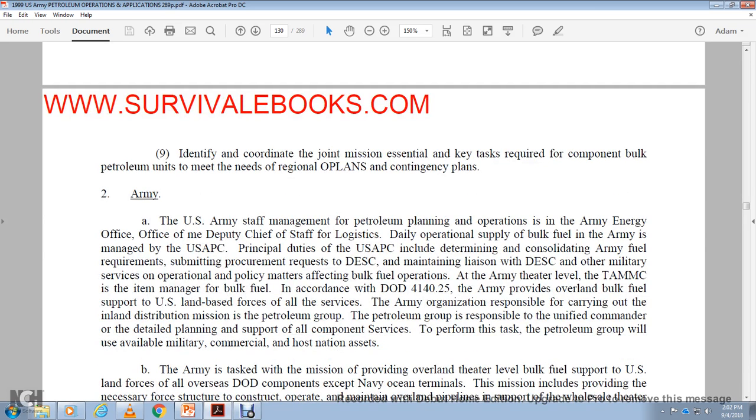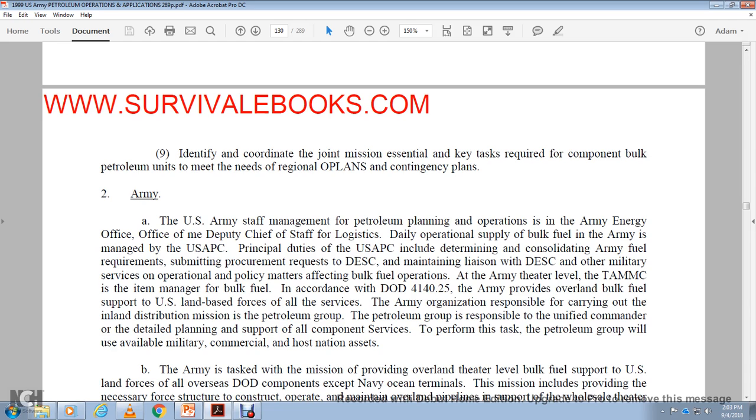For the U.S. Army, the Army Staff manages petroleum plans and operations for the Army Energy Office of the Office of the Staff of Logistics. Daily operations and supply of bulk fuel for the Army is managed by the U.S. Army Petroleum Command. The principal duties of the U.S. Army Petroleum Command include the determination and consolidation of Army fuel requirements, submitting procurement to the Defense Energy Supply Center, maintaining liaison with the Department of Defense Energy Supply Center, and serving on operational policy matters affecting bulk petroleum operations, Army Theater of the